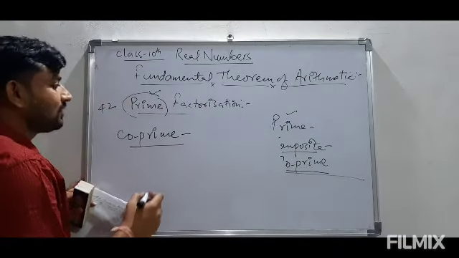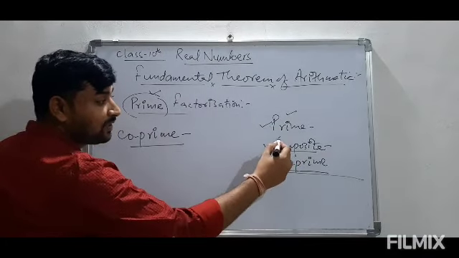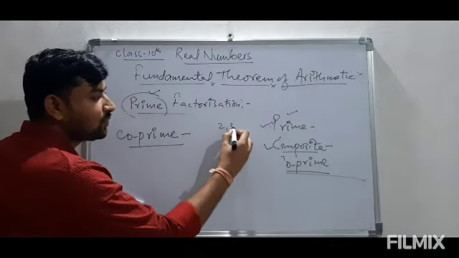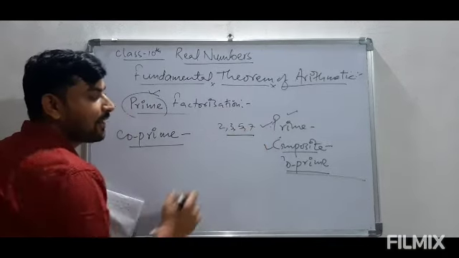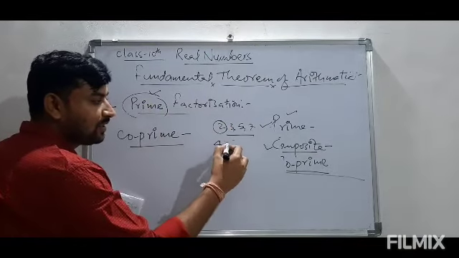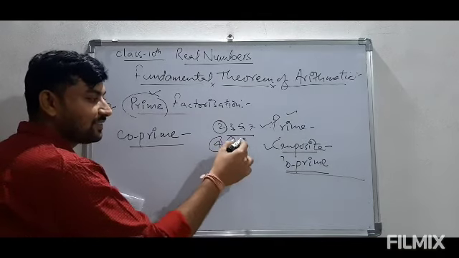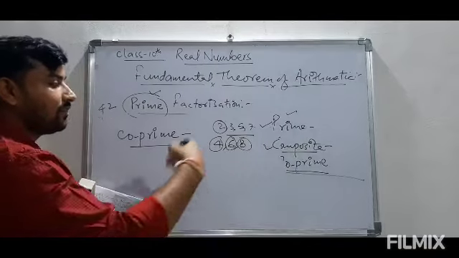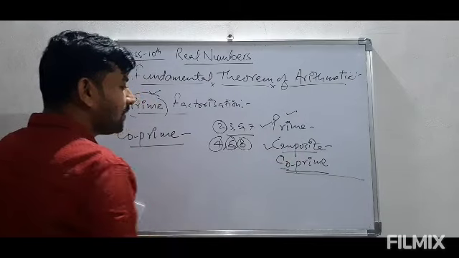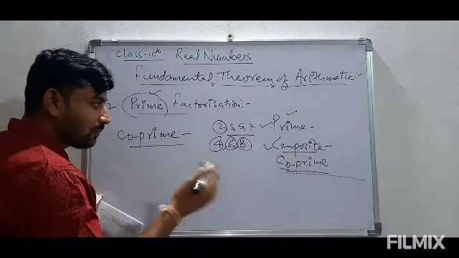But as we say, we have discussed prime and composite for single digits. Means we are saying that 2, 3, 5, 7 are prime numbers, so we are talking about only a single number. Then composite 4, 6, 8, like this, all these are single digits which are composite. Or when we move further, there can be more than one digit. But in case of co-prime numbers, there will be 2 numbers required. It means we will be needing 2 separate numbers.